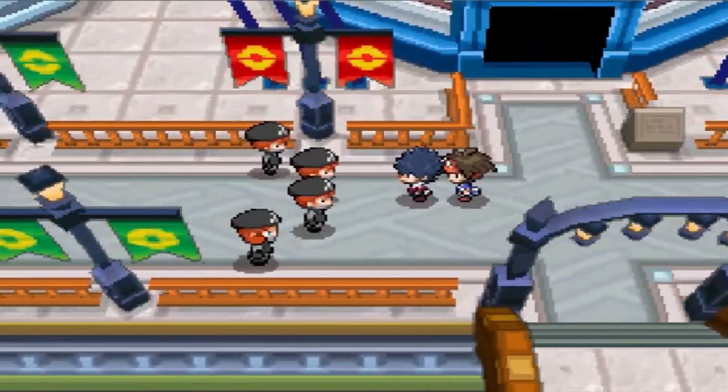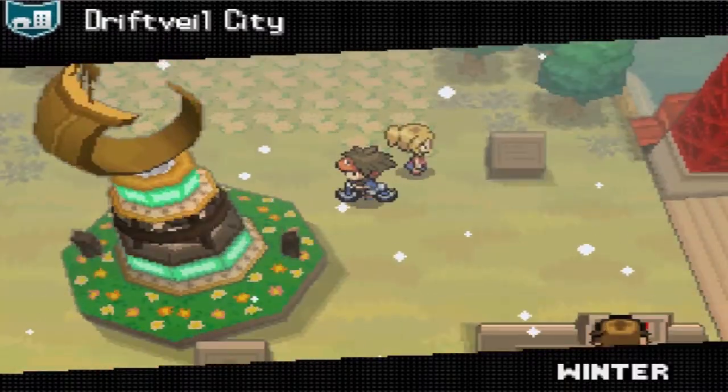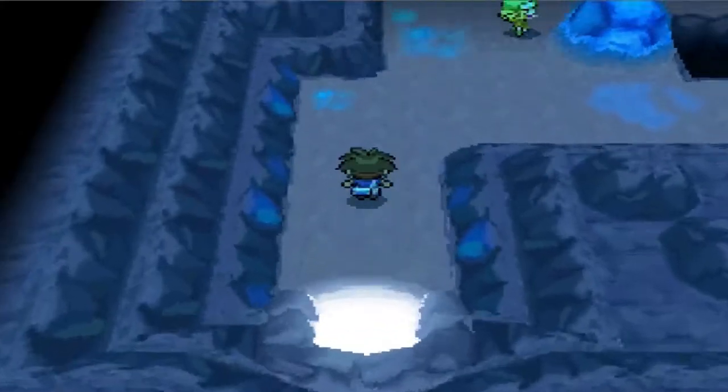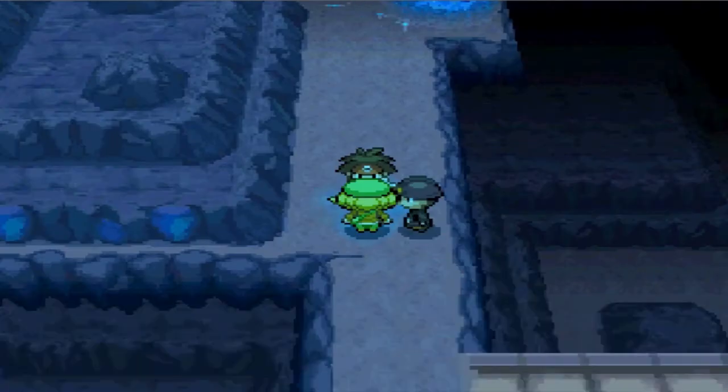When we defeat Elisa, we go help our rival fight Team Plasma, and we run across a bridge to arrive in Driftvale City. Once we're there, we have to deal with some more Team Plasma high school drama. I then decide to try and go through Chargestone Cave to get my next encounter, but apparently the bridge is